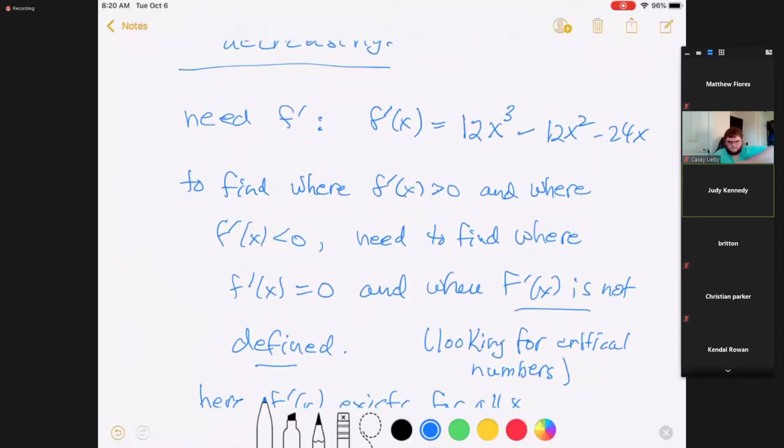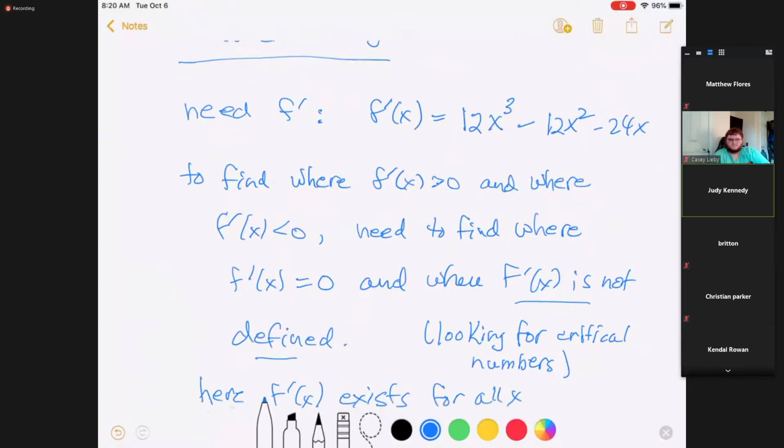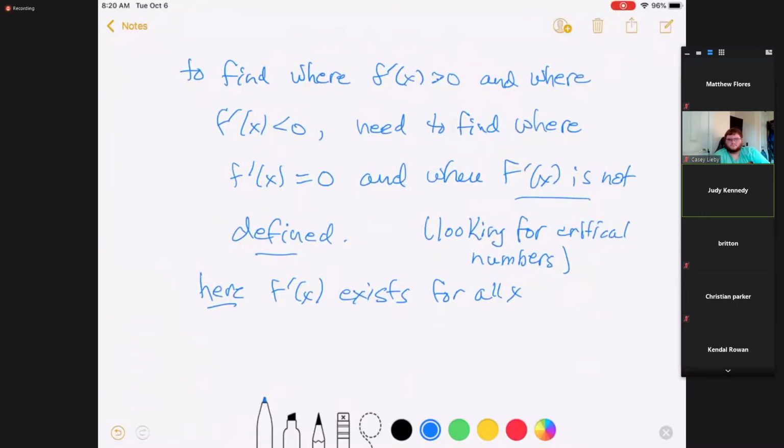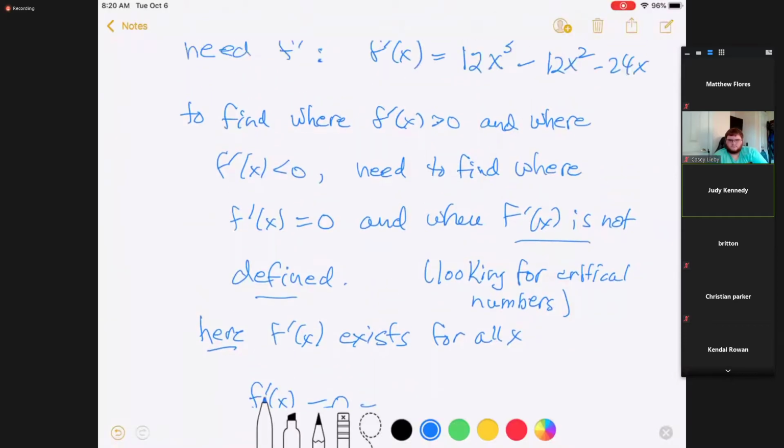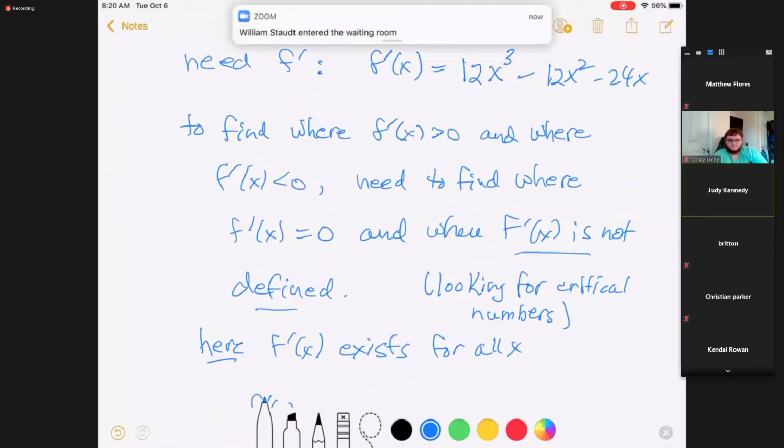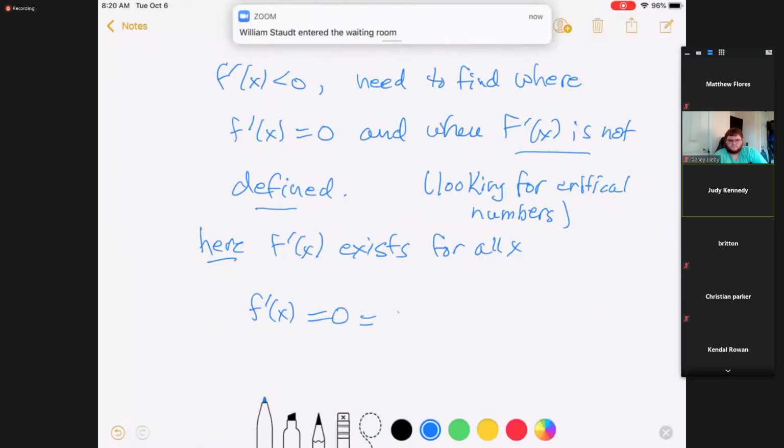But for this function, the derivative always exists. So it's going to be where the derivative is equal to 0. f prime of x is equal to 0. That means I want to know where 12x cubed minus 12x squared